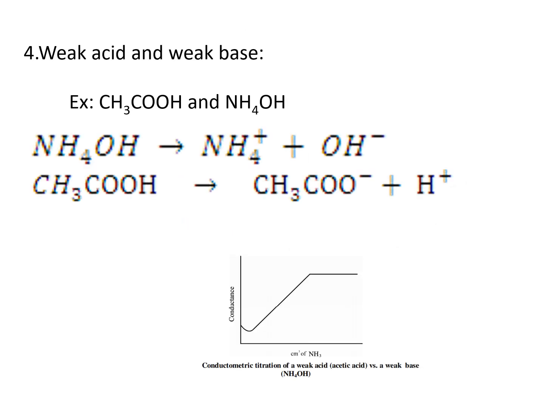Okay, the last one in this particular session, conductometric titration between weak acid against weak base. An example we have considered is acetic acid and ammonium hydroxide. Both are weak electrolytes. Ammonium hydroxide dissociates as ammonium ion and hydroxyl ions, and acetic acid dissociates as acetate ions and H plus ions. In the beginning of the titration, the addition of weak base like ammonium hydroxide to the weak acid suppresses the dissociation of weak acid like acetic acid, and hence conductance decreases in the beginning.